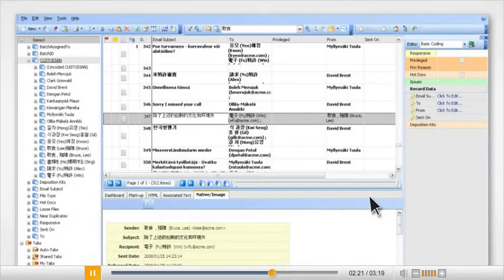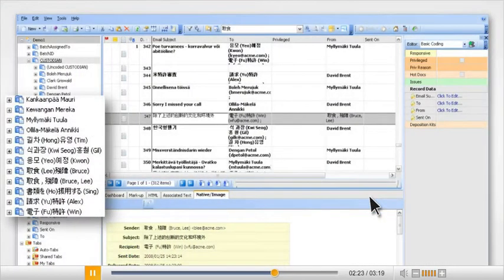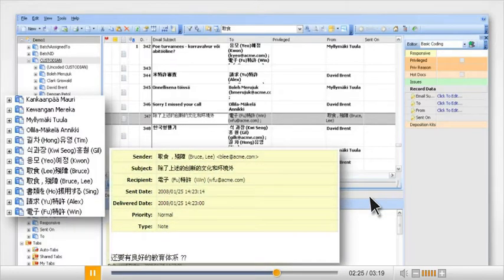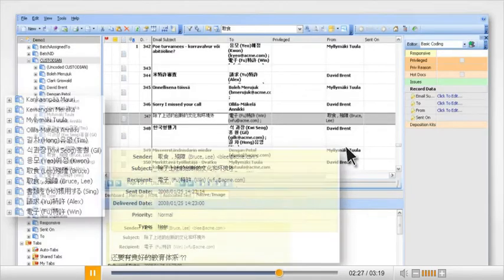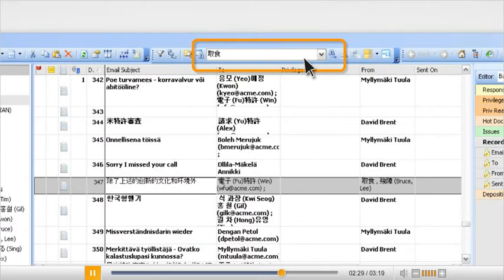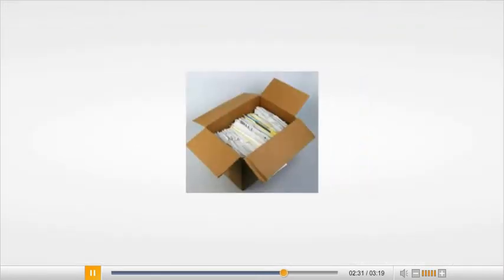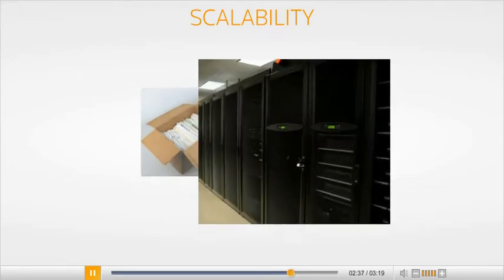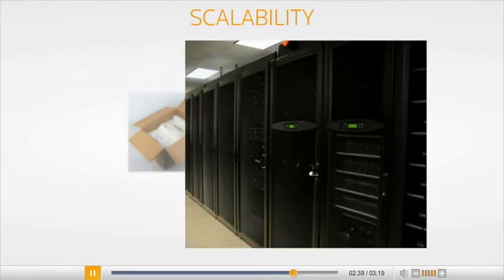Westlaw Case Logistics is fully Unicode capable, letting you view foreign language documents, display foreign language characters, and search Unicode characters. Finally, Westlaw Case Logistics offers you the scalability to efficiently handle discovery ranging from a few boxes to millions and millions of documents in computer databases.